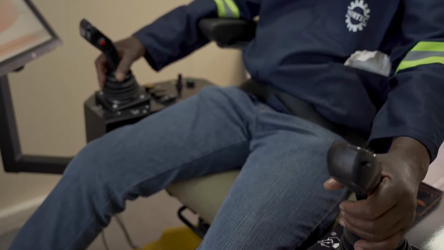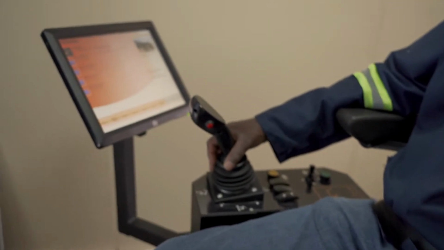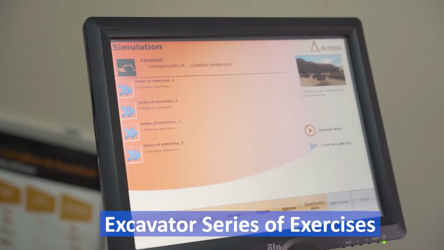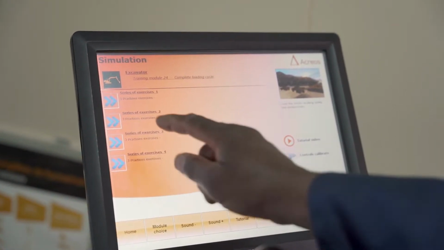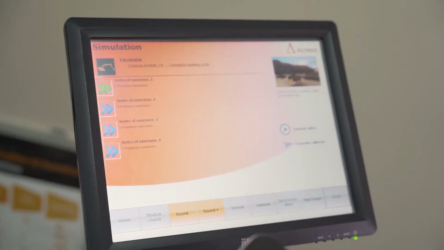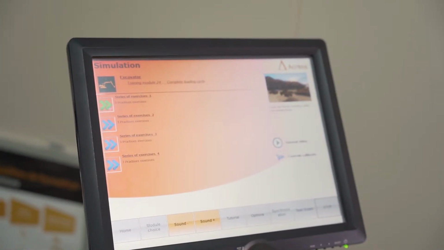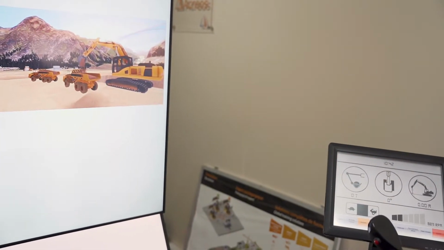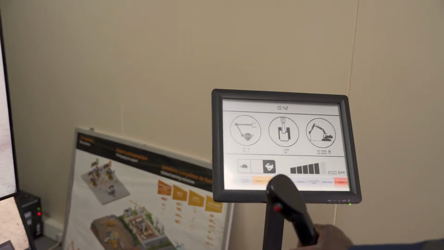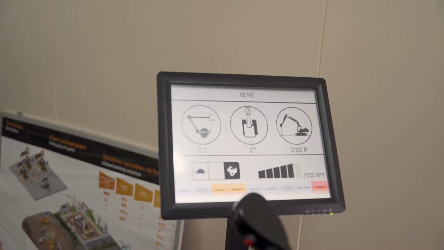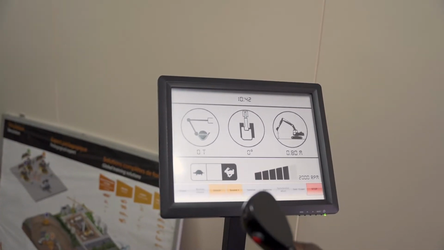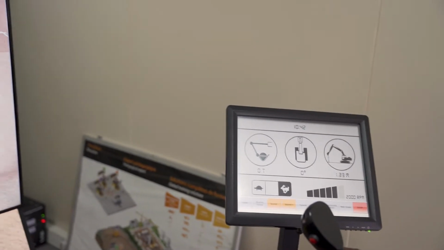So let me just go through one of the exercises, or a series of exercises that are in this module. Press on the first exercise. In this series of exercises, there are 3 practical exercises demonstrating how to completely load the vehicle. It's the responsibility of the excavator operator